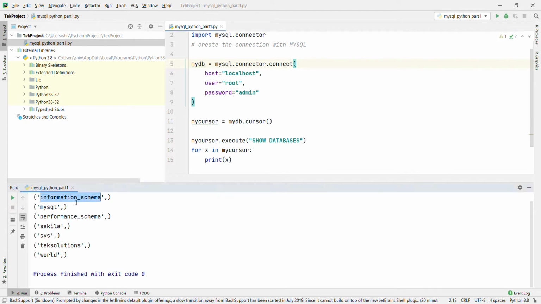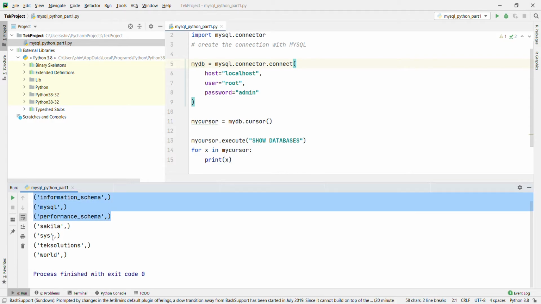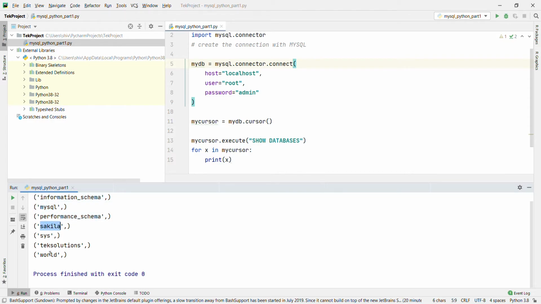Right, we will see information schema is there, MySQL performance schema, that is not required. Basically we have Sakila, tech solution and world. Ignore system, performance schema and information schema. Okay,